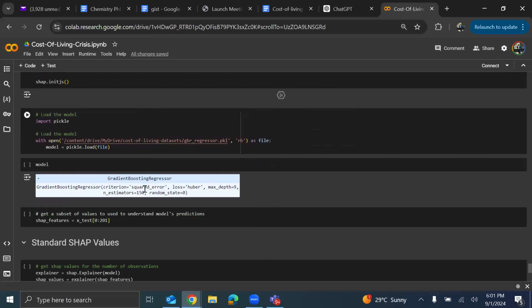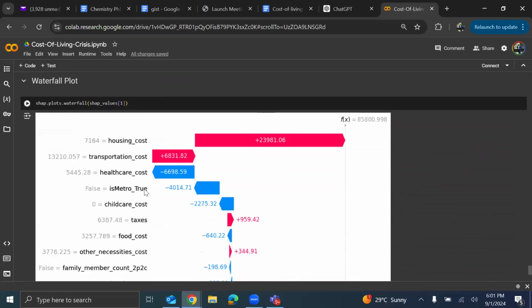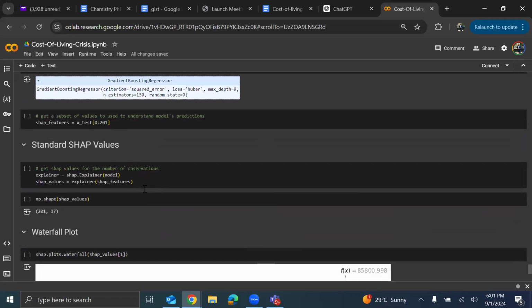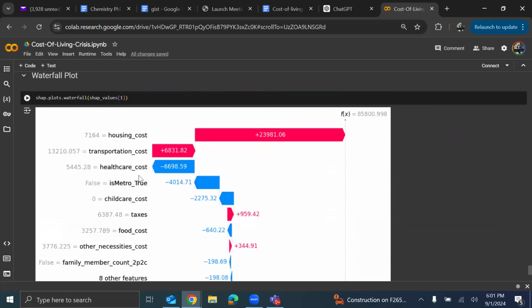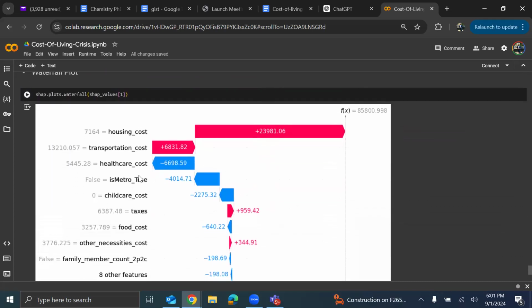Now for model interpretability, I used SHAP, and I used the best performing model, which is our gradient boosting model. SHAP is used for interpreting models. What SHAP does is simple. It's saying